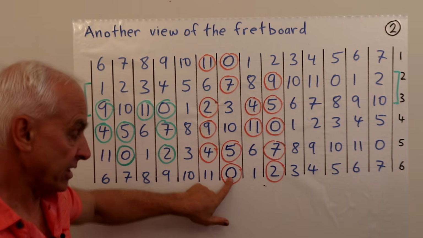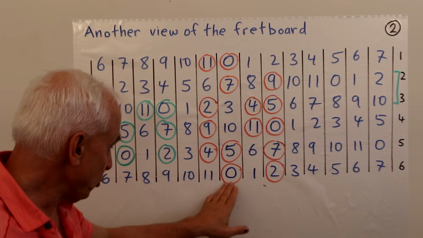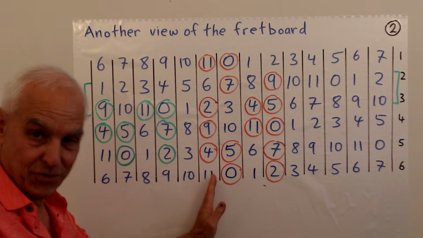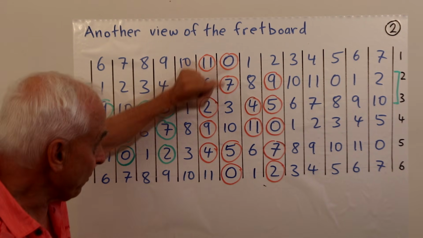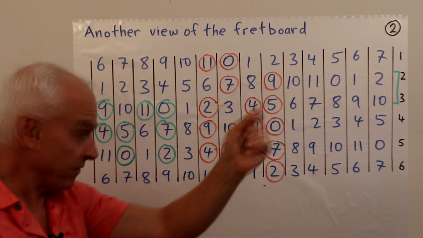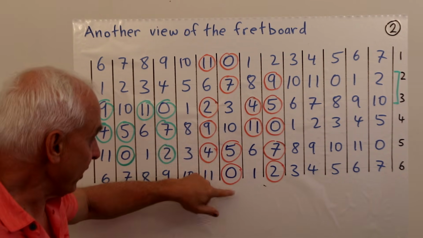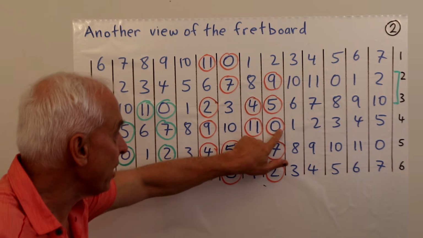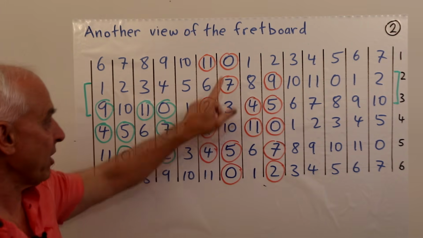Okay, so there's a 0. Let's start there. It doesn't really matter where on the fretboard we are, but we're putting it in the middle here so we have room to go a little bit to the right and also to the left. So we're going to start here, and we want to get up to this 0, which is 2 octaves above, because altogether there's a total of 24 steps from here to here. From here to here is 1 octave, and from here to here is another octave. So we're essentially going up 2 octaves.